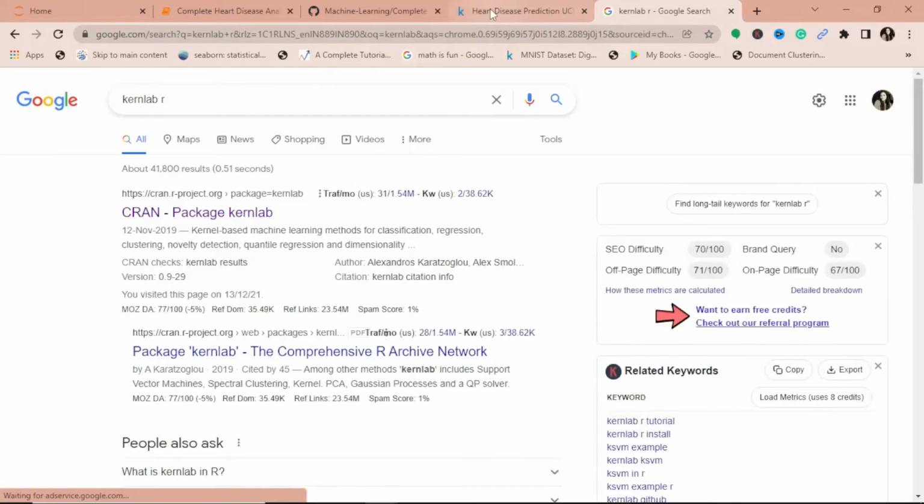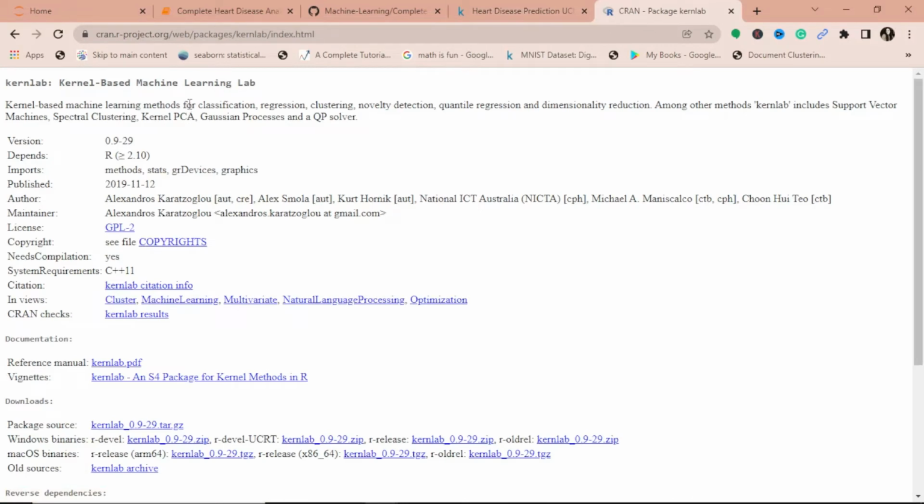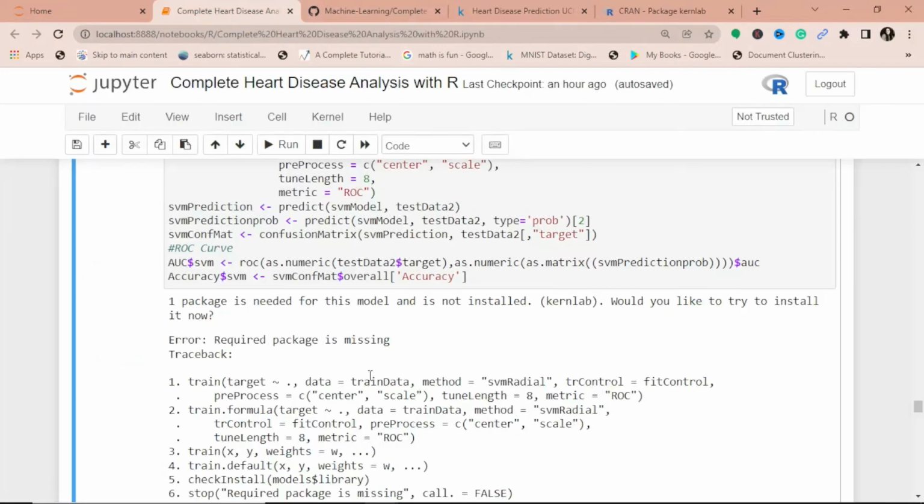This is kernel-based machine learning methods for classification, regression, clustering, and it is best used when you're using support vector machines, spectral clustering, kernel PCA, Gaussian processes, QR solver. So when you're using these algorithms, you need to have this kernlab installed